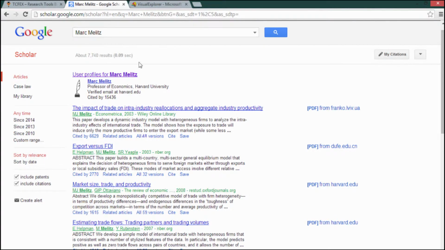Let's click on option 4 and use Google Scholar. We enter a researcher's name, in this example Mark Mellitz, and we can see all the papers he has published, and under each title we can see how many versions of each paper he has deposited. 48 for the first paper, 26 for the second, and so on and so forth. We can also view the citations as well. He has written good papers, but more effectively has increased the credibility of his publication by depositing his research in